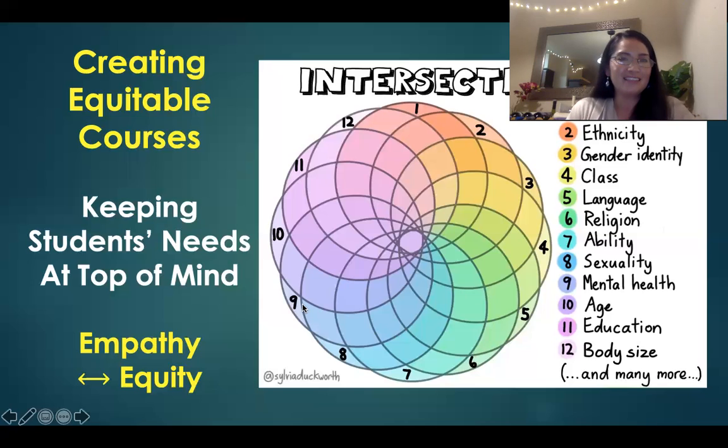But my point is that when we design for students' needs, when we are talking about empathy with our students, we need to keep all of this in mind. And we need to realize that all of us have privilege in some categories and less privilege in others. And when we're trying to create an empathic classroom, and I don't know if it's empathic or empathetic, I have to ask the English professors, we're creating an equitable classroom. Equity means keeping all of this in mind and saying,